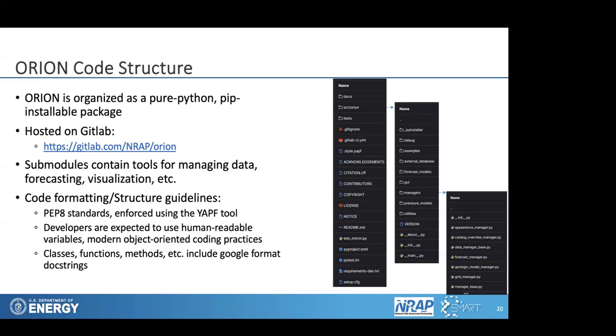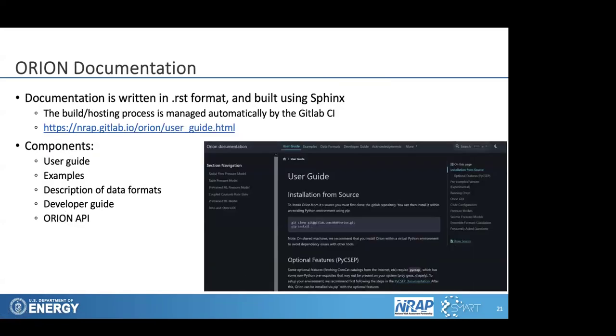So, for example, we're taking advantage of the Python functionality and modern coding languages, which means that all of the variables, for example, are expected to be human readable to make it easier for new developers to implement a forecast. And then we are implementing modern object-oriented coding practices. So that means that we have things like classes, functions, methods, etc. And we also include the Google formatted docstring, which helps with